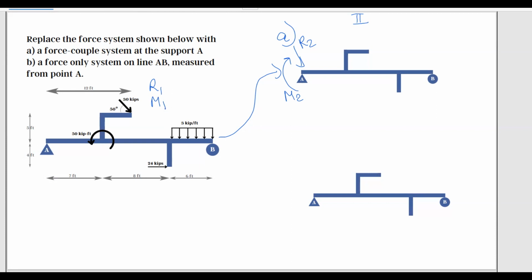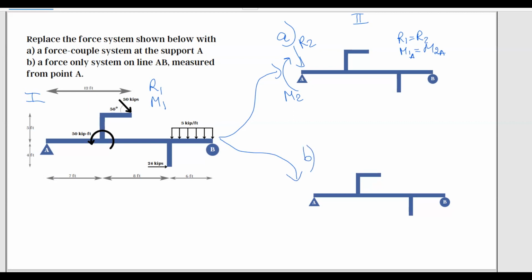So in order for these two systems, let me call this one, and this is two, to be equivalent, we're going to say that R1 has to be equal to R2, and M1 about point A, specifically in this problem, has to be equal to M2 about point A. Only then are these two systems equivalent. And then B,